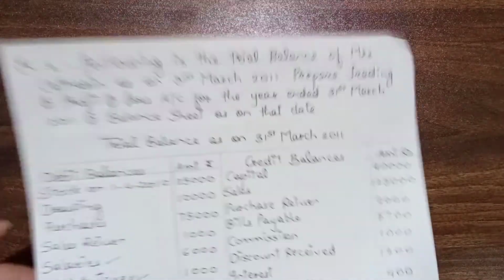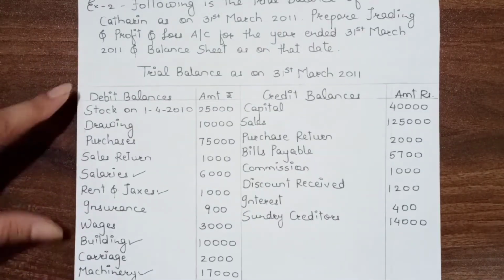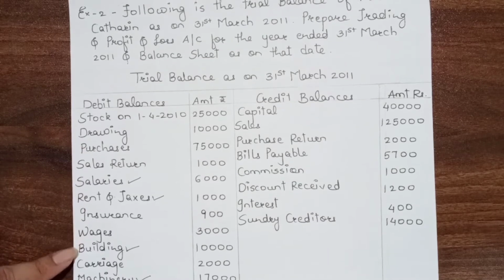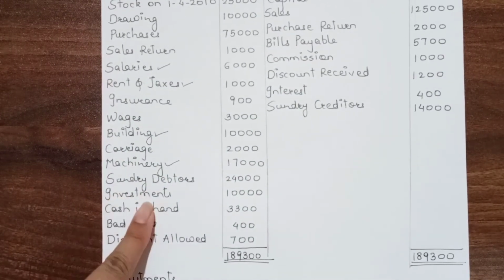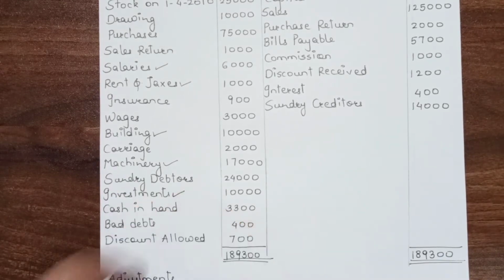So the two effects, we will search for interest, investments. Here it is, sorry, I will show you investments. On investments, interest is due, so we have to add it in the investments as outstanding interest of rupees 500. Outstanding, or we can say receivable interest, because we are going to receive it after some time. We don't know the exact time, but definitely we are going to receive it.